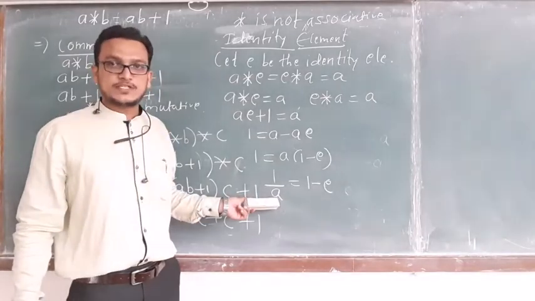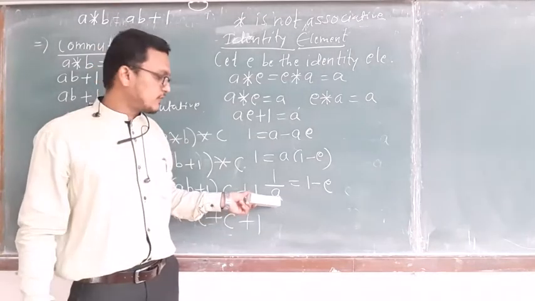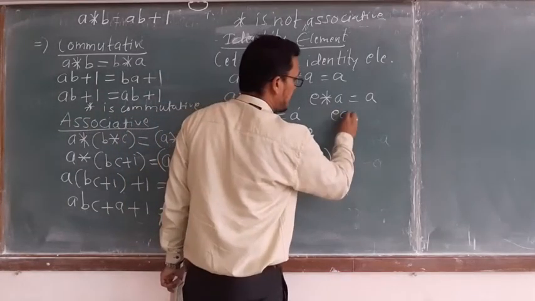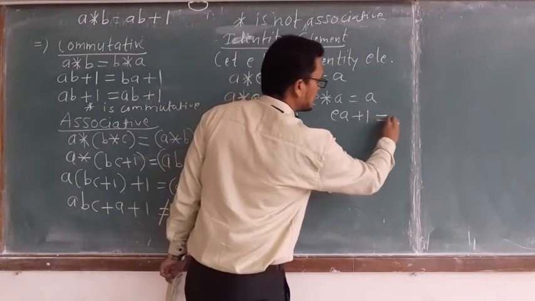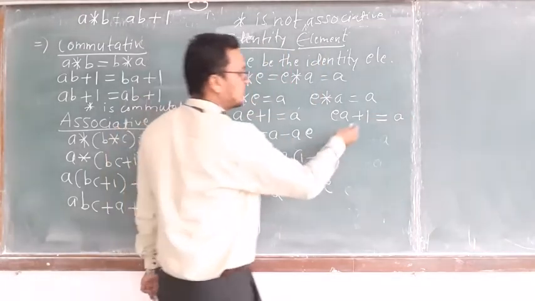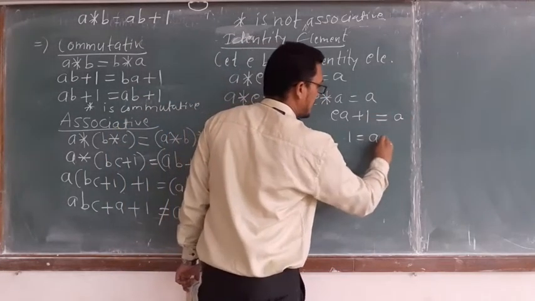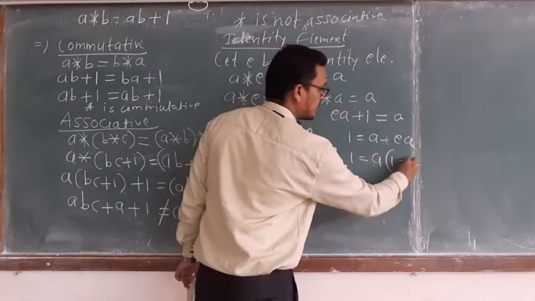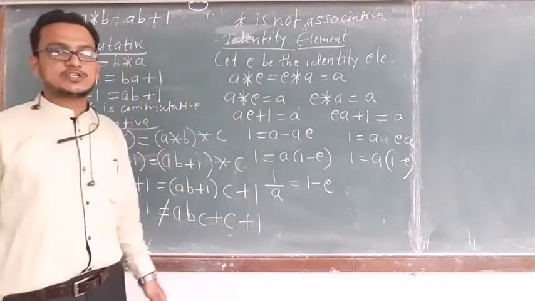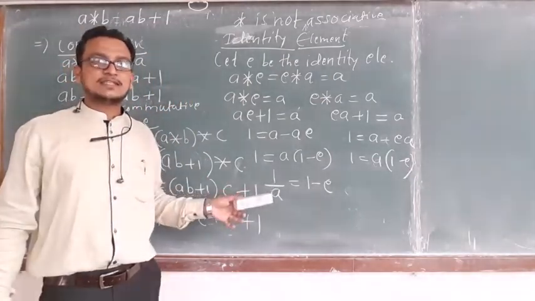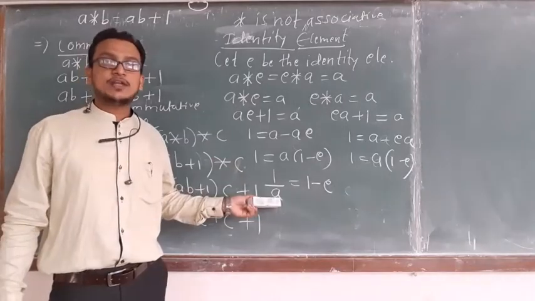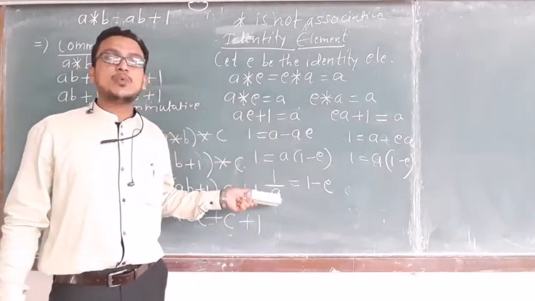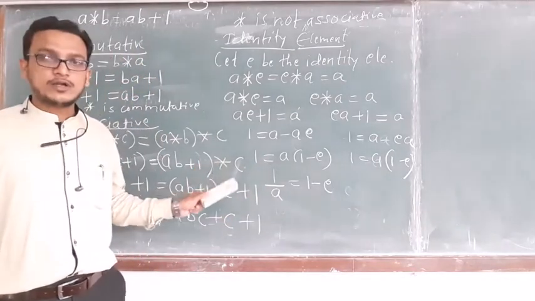Now if you simplify this for E, it contains the variable, which is not possible. You should get a proper number. Therefore which is not possible, isn't it? If you want to check this one, you can check it. This is EA plus 1 is equal to A. But again you will get 1 is equal to A minus EA, or 1 is equal to A is common, you will get 1 minus E. Again the same situation. So therefore what I said, when you simplify this for E, you should get a proper number. And here we are not getting the number, we are getting the variable. Therefore which is not possible.